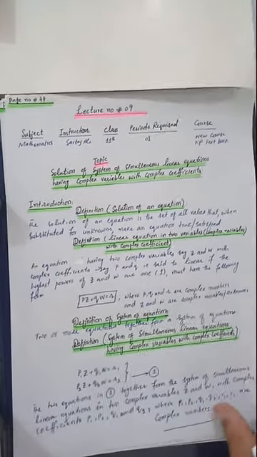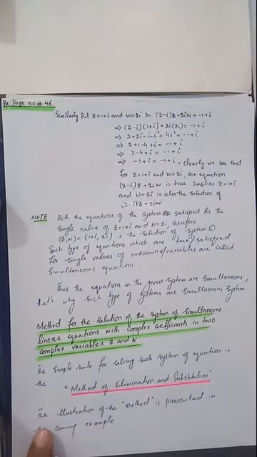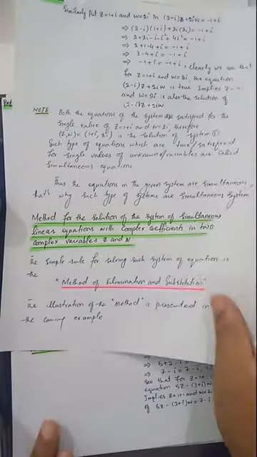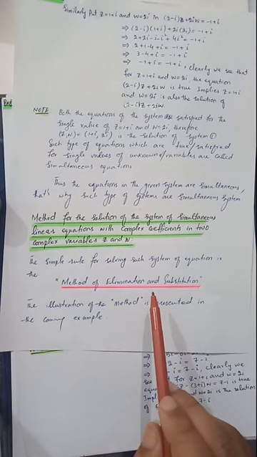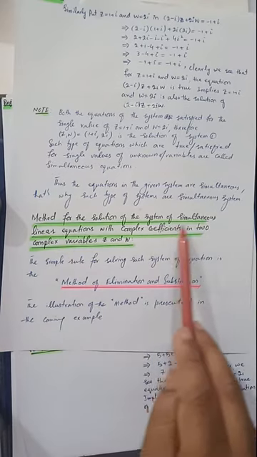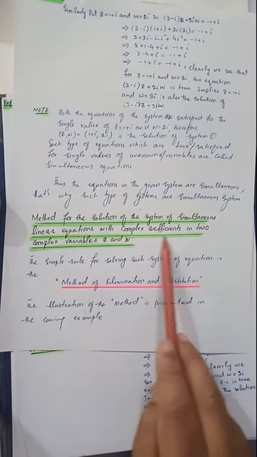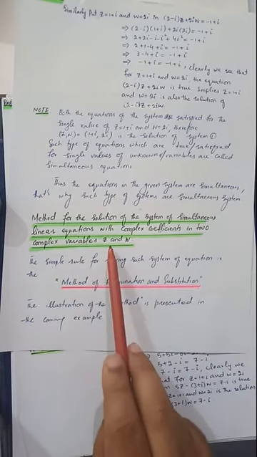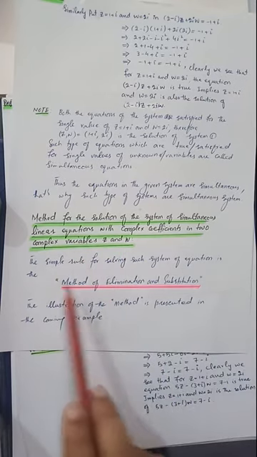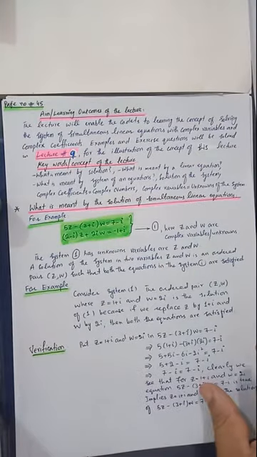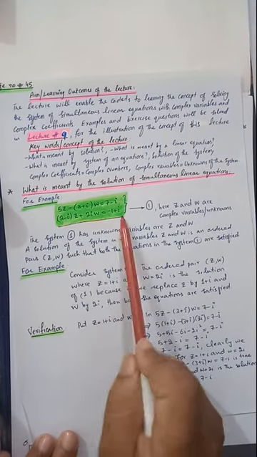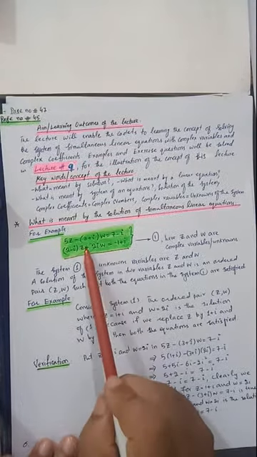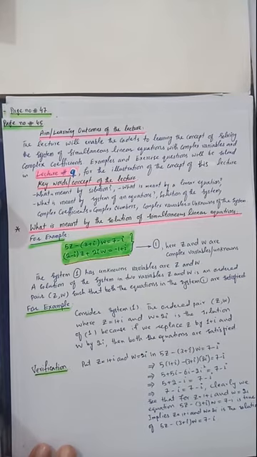Now you see this method will be used. Method of elimination and substitution will be used for the solution of the system of simultaneous linear equations with complex coefficients in two complex variables z and w. Now I am considering an example. You see that this is an example. You clearly see this example,